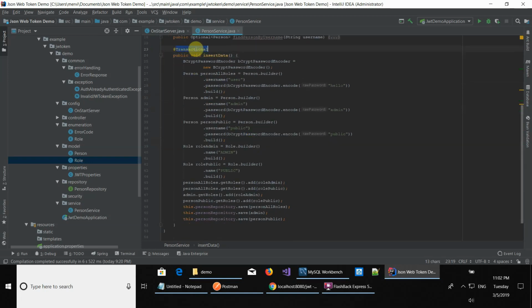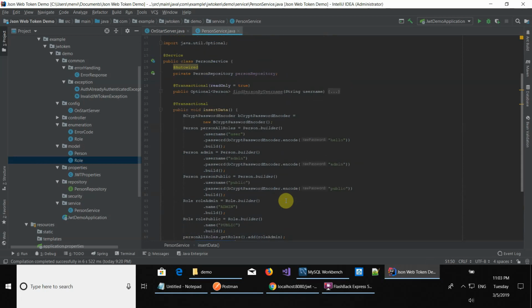This is a method where you should use @Transactional, and this method is going to populate some data. The first one is the user. We have three users. The first one is user, the second one is admin, and the third one is public. The first user is going to have all the roles, admin and public. Admin has only the admin role, public only the public role. Here you can see the person's roles: they have all roles, the admin has only admin, and the public only public. And then you save all the persons like you would normally save using the repository. Okay,